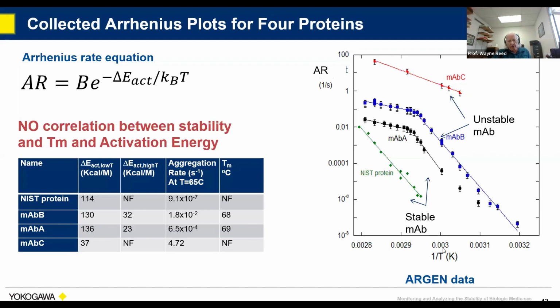We plot it versus 1 over T, and the slopes are activation energy divided by Boltzmann's constant. And you can see they're about the same for all three of these, and this one's not much different. So that's not what's regulating the propensity for aggregation. It's something else, like the stickiness, that pretty coefficient here. What's the probability that when they encounter each other randomly, two biologics, that they actually stick rather than bounce off? So anyway, you can see this is quite a few orders. It's like 8 orders of magnitude, all the way from nearly 100 to 10 to the minus 6. Okay, and these breakpoints here correspond to the melting transition regime.